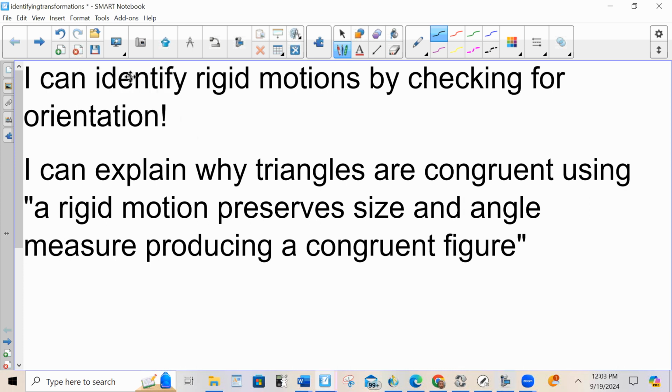Hello, everybody. Today, I can identify rigid motions by checking for orientation. Very, very important. And related to that, I can explain why triangles are congruent using a rigid motion that preserves size and angle measure, producing a congruent figure. So, I'm going to teach you about orientation